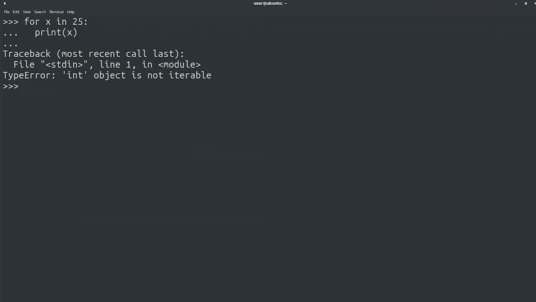In this example, we're trying to iterate over the number 25. Python prints a type error telling us that integers are not iterable. There are 2 solutions to this problem, depending on what we're trying to do. If we want to go from 0 to 25, then we use the range function. So for x in range 25,